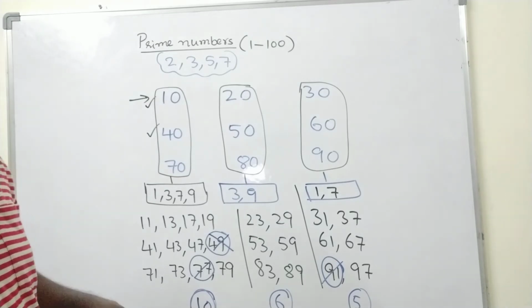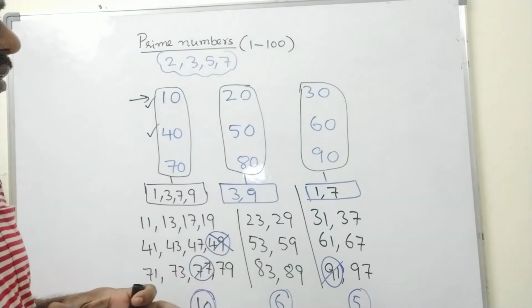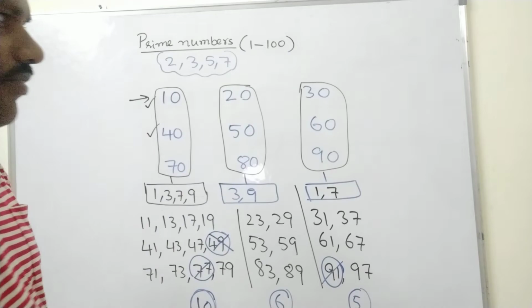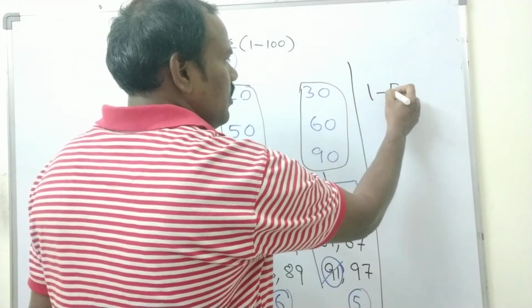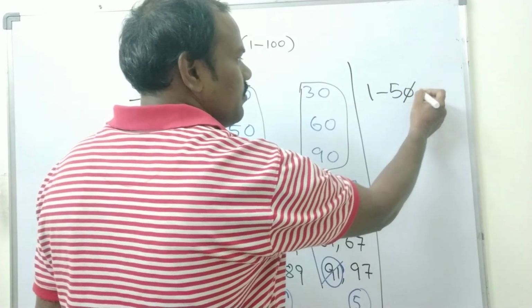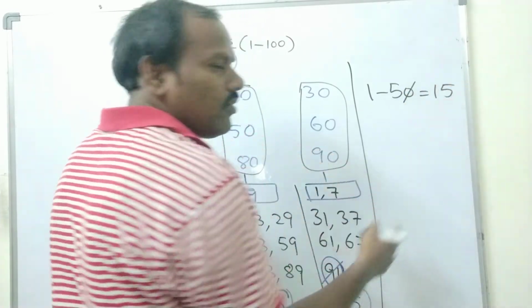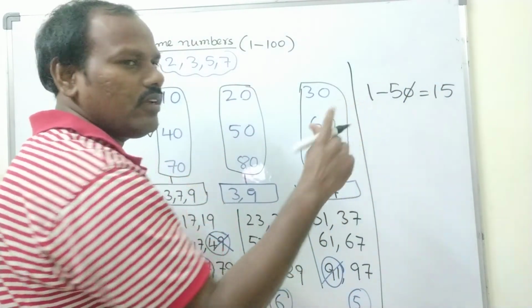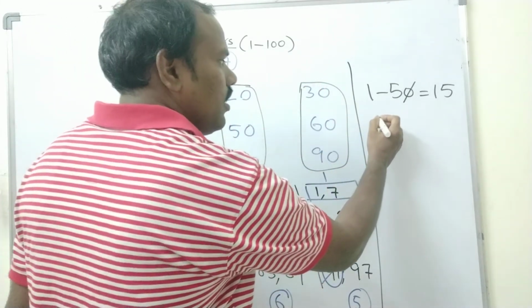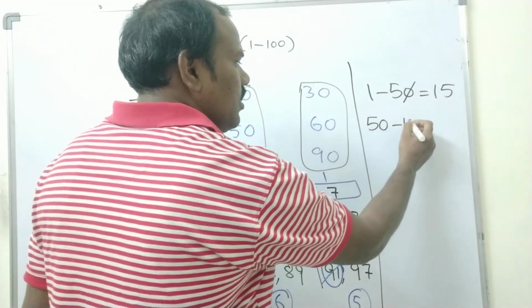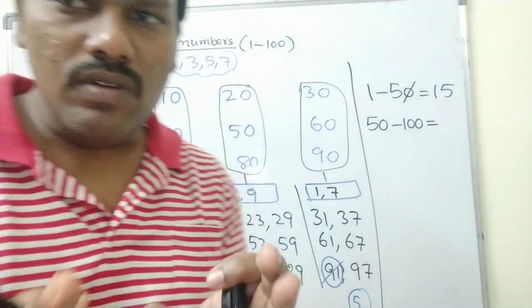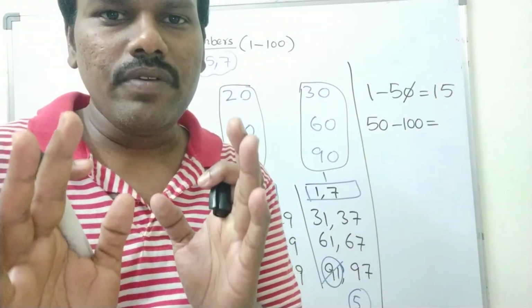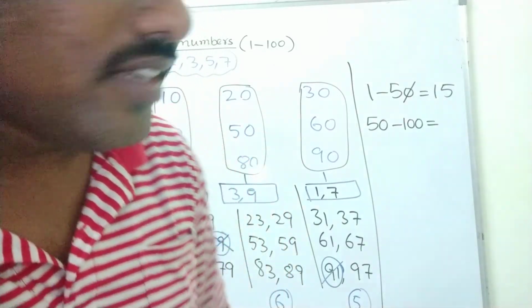Okay, from 1 to 100 how to remember 25 prime numbers, for that I also made a video, but let me tell you here. 1 to 50, strike out the last number and combine these digits. You will get 50. From 1 to 50 there are 15 prime numbers. And from 50 to 100, how many numbers will be there? 50 to 100 only 50 numbers.